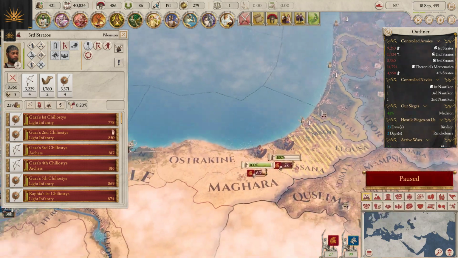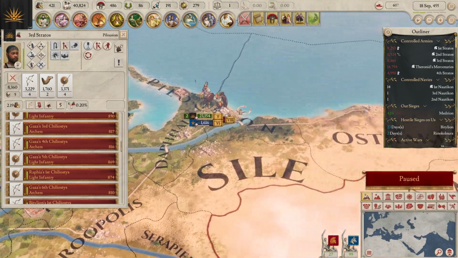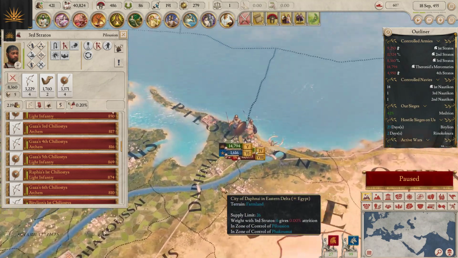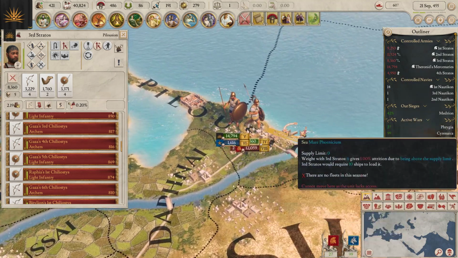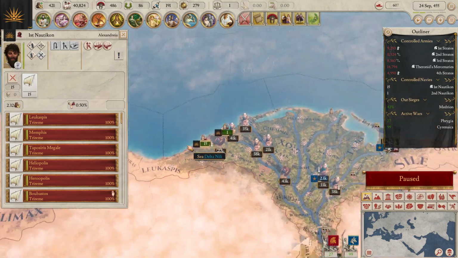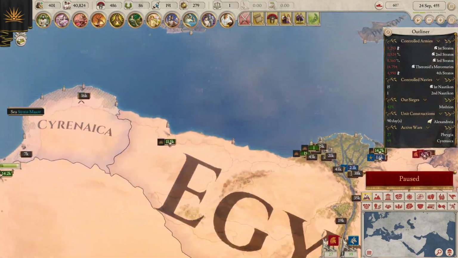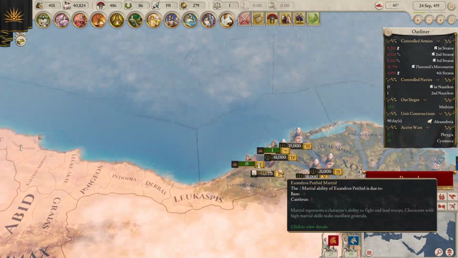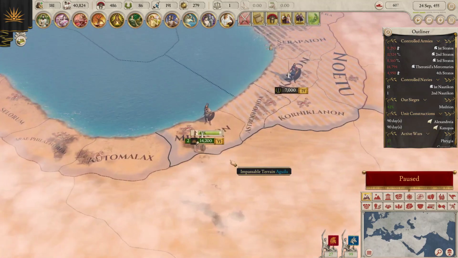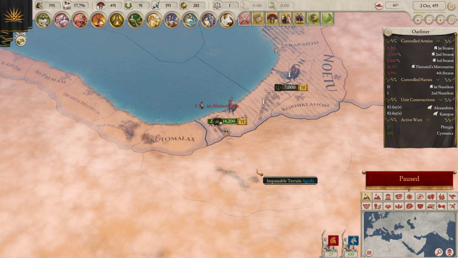Well, that army is just big enough that I don't know if I want to go after it. You're in fairly good shape. Let's see if we can go after that with them. More than we need. Not more than we could use, but more than we need. Okay, the siege of Medrion is done. Okay, now